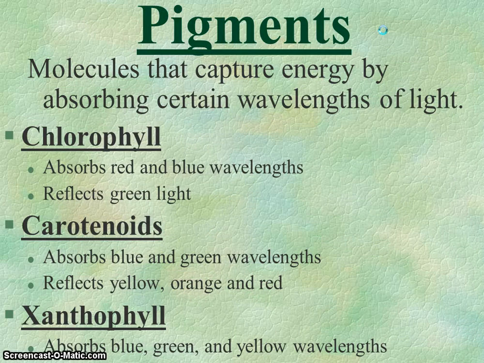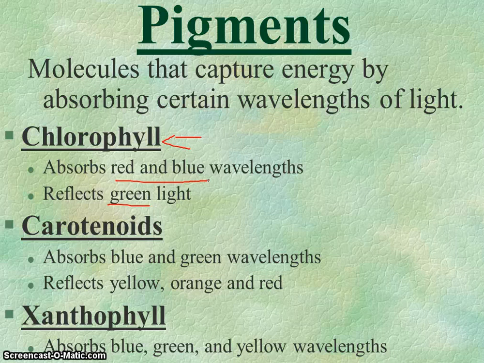There are other pigments that are important also. We primarily focus in on the chlorophyll, which is in the chloroplast, okay, which is green. It's green because it reflects the green light, and it will absorb wavelengths of red and blue color. So pigments are very important in capturing energy and absorbing the wavelengths so that photosynthesis can take place. So chlorophyll is green, found in chloroplast.